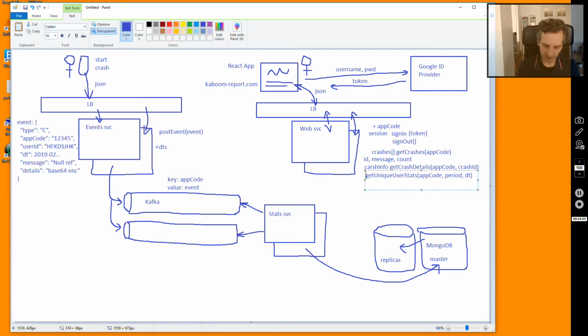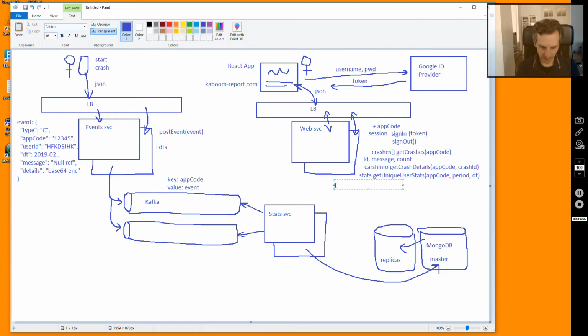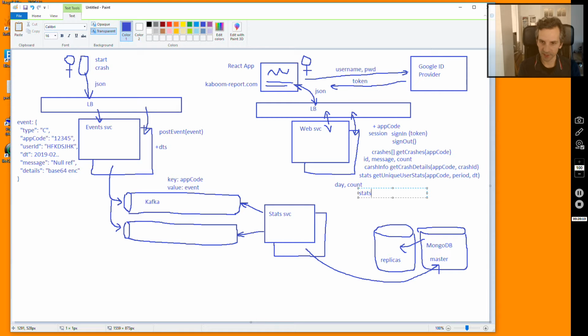So what it's going to return is the stats. What the stats are going to contain, if that was a month, is for every day in that month what was the counter of the unique users. So the stats is basically the day and count in case of the month. If you're asking for the statistics for the year, that's going to be month and count. Similar to that, we're going to have stats for get crash